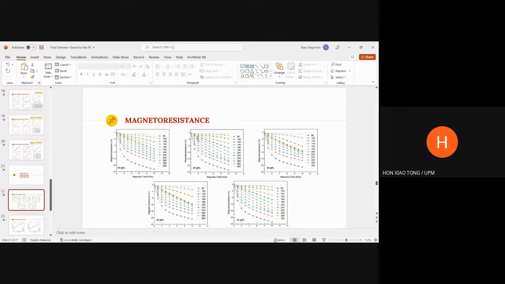So as I explained earlier, we can see there are 2 gradients for the graph. And as you can see in the third graph, which is around 20%, in this region there is a straight line. The gradient is showing a straight line. So if we obtain a gradient in a straight line instead of the gradient divided into 2 parts, it means that in this sample the intrinsic MR is more dominant at a certain temperature. And it means that the temperature that shows the straight line will be near to our TMI, also the TC.